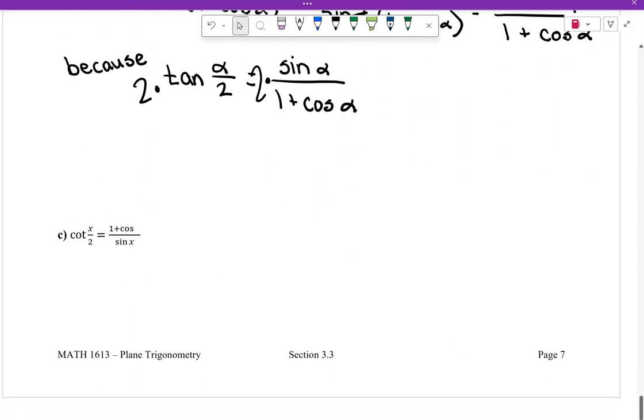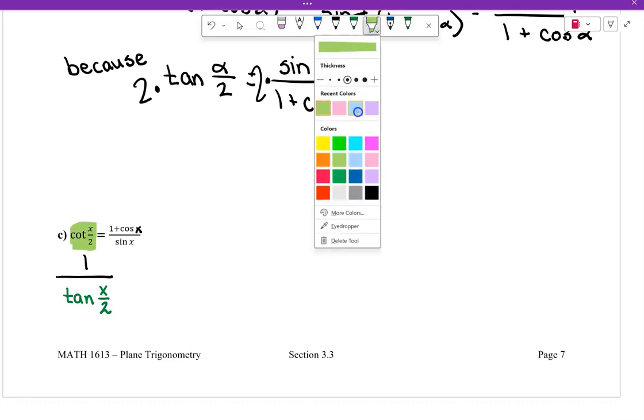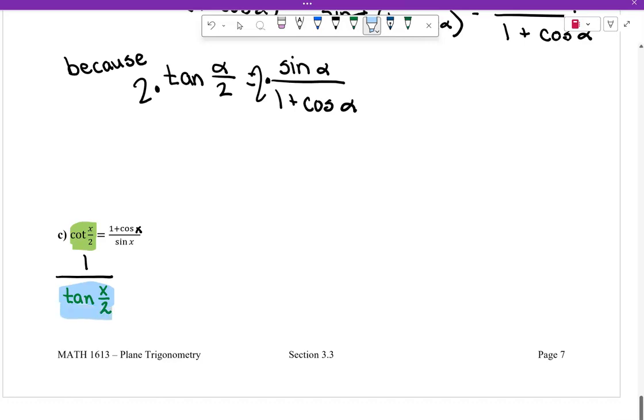Oh, and looks like I'm missing an x on this one. I think I want to take a little bit of an easier way out. I think I want to do this side. So we have 1 over tangent of x divided by 2. And then we're going to change this. So I think I'll go this way. We're going to have 1 over